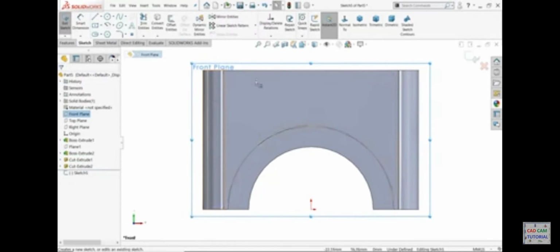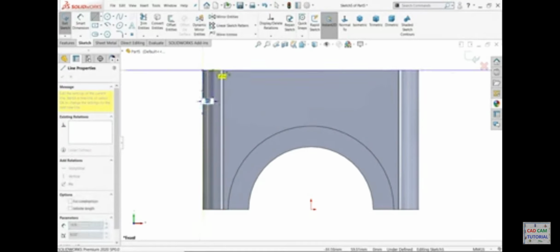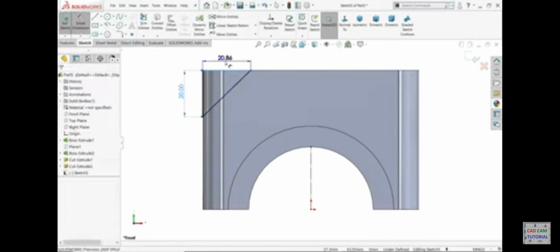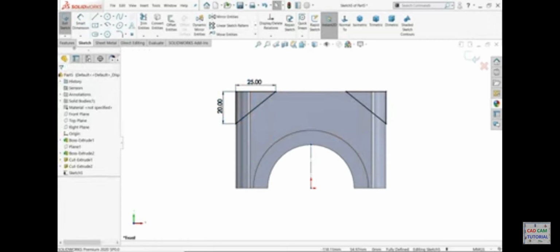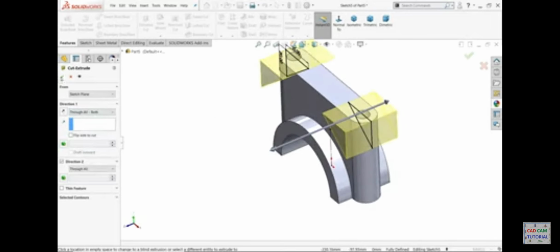Front plane is sketch. Now here we want to make cutouts. This seems like this. Now make one center line, construction line, 20 millimeter, 25 millimeter. Now select all lines, mirror entity, it's mirror here, extruded cut, keep end condition mid plane or through all both. See,